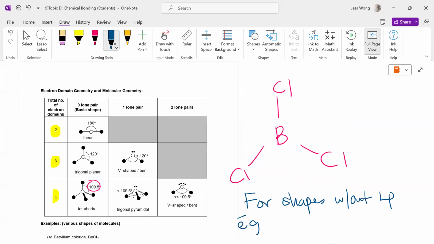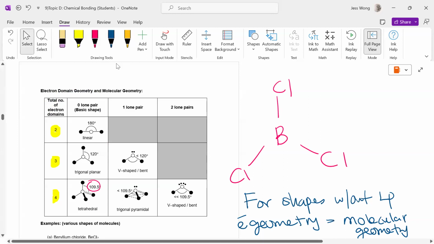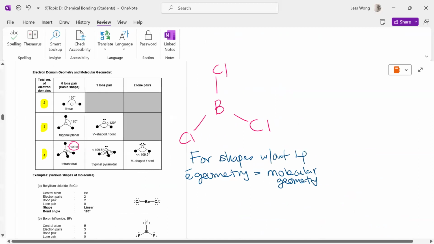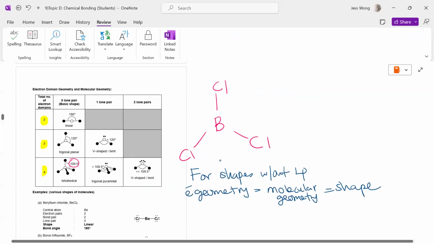the electron geometry is equal to the molecular geometry because it's the same thing. There's nothing for you to cover up, and it's the shape. So for shapes which have no lone pair, both are the same. So it is the shape. All right. What if I have